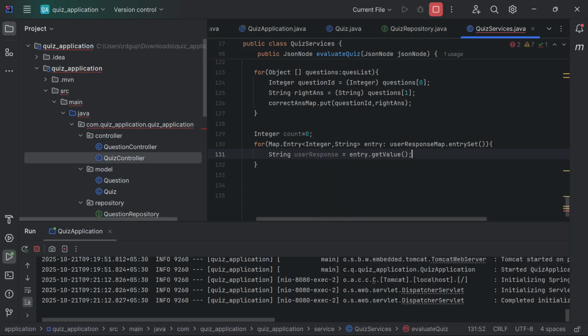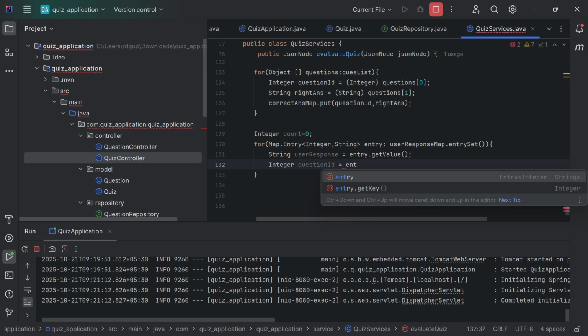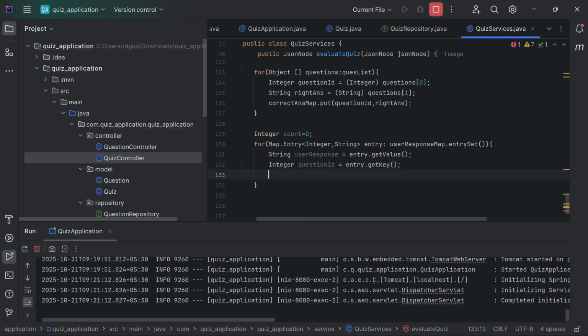We dot get value and integer process ID into dot get, and the string correct answer, and just passing this person's ID in the correct answer map